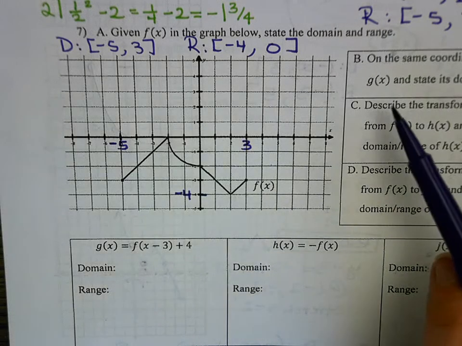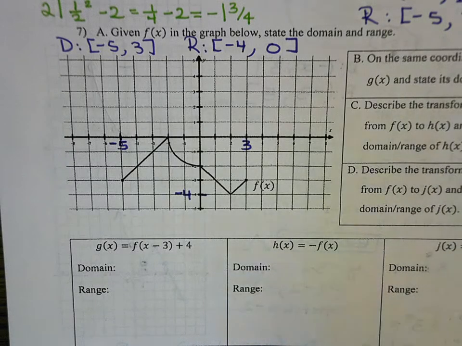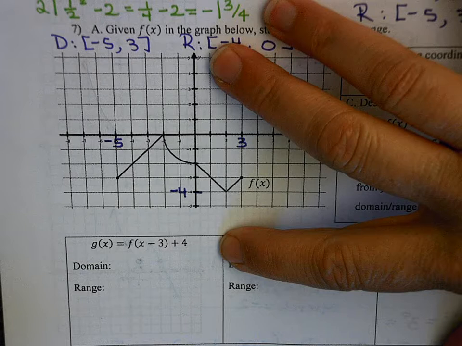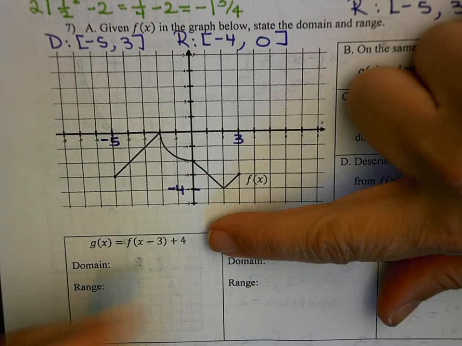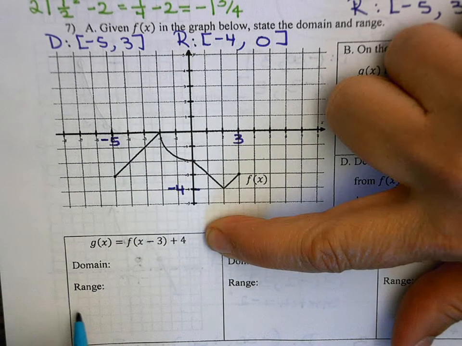g of x, and then state the domain and range. So we're going to graph g of x. So I'm going to put it in descriptive form. So I'm just going to do that down below here. So I'm going to move the 4 over, and then